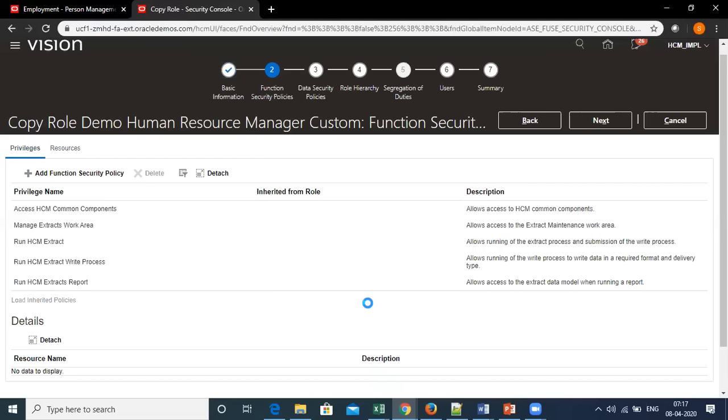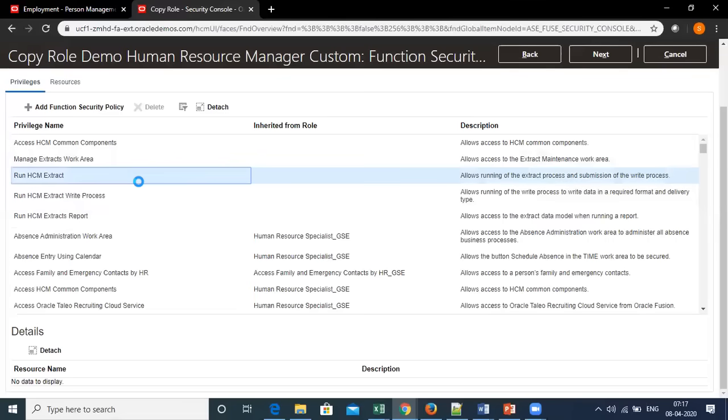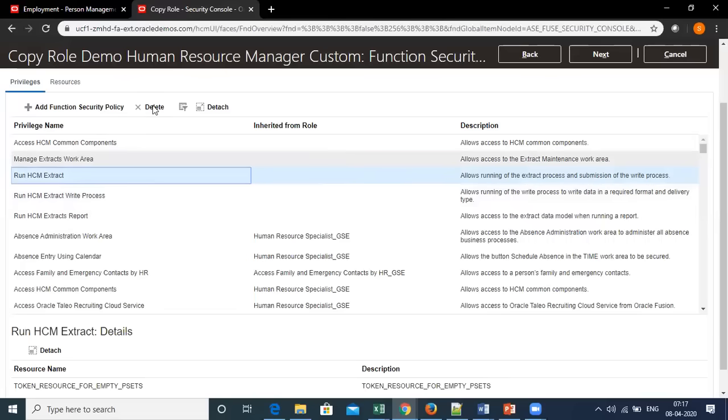It means that when I click on load inherited policies, there are some privileges which are not directly assigned or attached to human resource manager. These are privileges which I have got indirectly, inherited from other roles. These privileges I cannot remove directly, but the privileges which are assigned directly, I can just select and say delete.